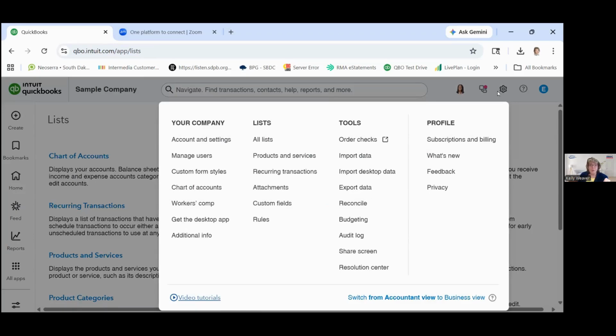One thing to mention about lists, especially if you're starting new, when you create a list, you want to be thoughtful about how you're going to use the list, what the list is for, and what kind of a naming convention you want to put in place. A good example is customers or vendors. You should decide and make sure anyone who's using your QuickBooks that might be creating new customers, how you're going to enter new customers. Is it going to be first name, last name, or last name, comma, first name? Different people might approach it different ways. And so pretty soon you have John Doe in your list and you have Doe, comma, John.